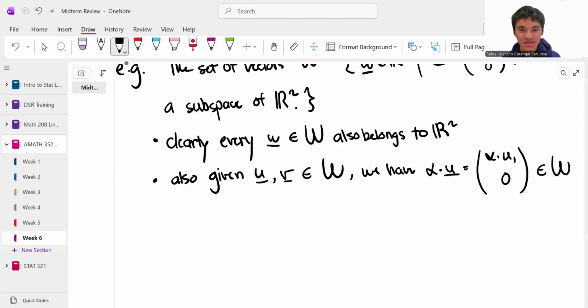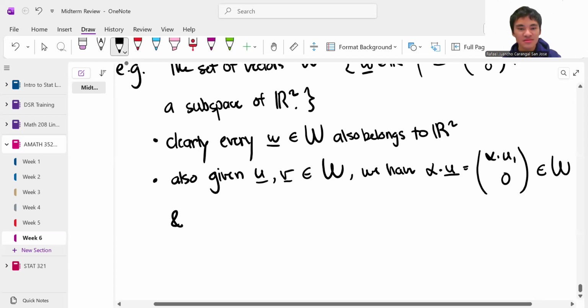And another thing we can say is, say we already have that alpha U, and we have this V. When we add these together, we would get something like this. Or to be more specific, with the second component, we'll probably get,